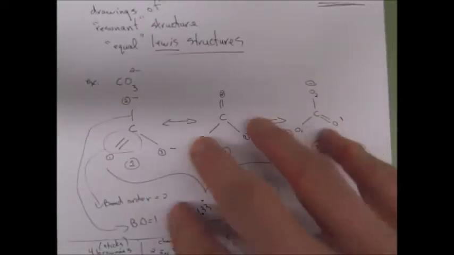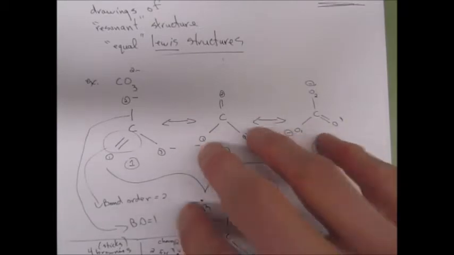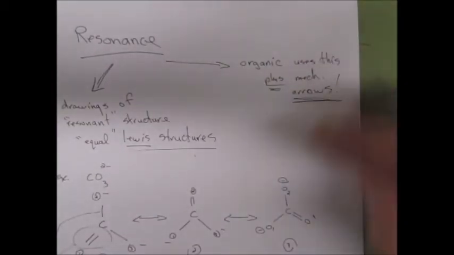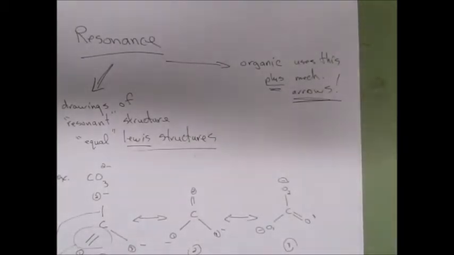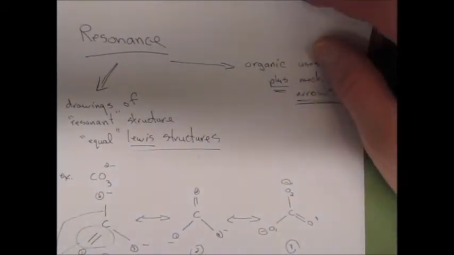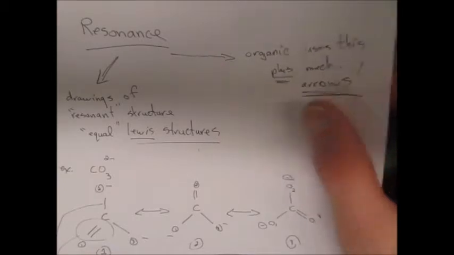So yes, you're going to show possible Lewis structures, if you will. That's true. But you're also going to show how one structure can go to the next using mechanism arrows. So if I was to redraw this using mechanism arrows, it would be something kind of like,